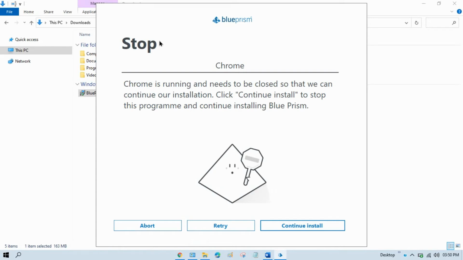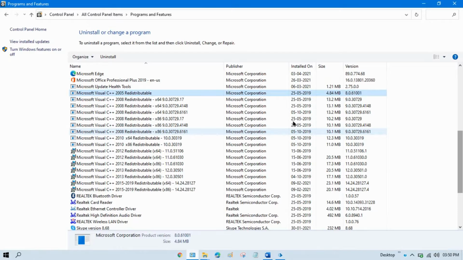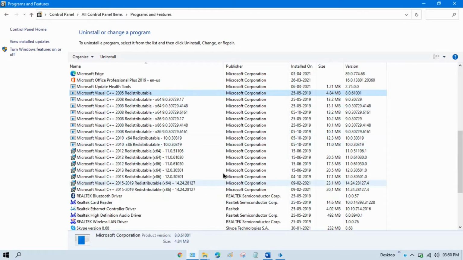Here you can see we are getting this error stop. It means we have to close our Chrome browser. So just close that. Now click on retry, and meanwhile I'm going to show you that I have not installed SQL Server here in my system. You can see this is the control panel program features, and here you can see I have not installed Microsoft SQL Server,